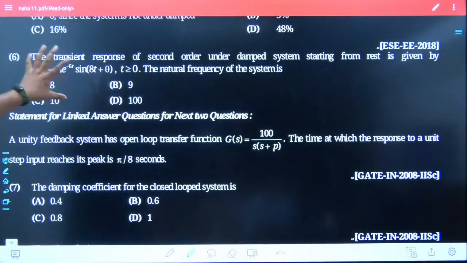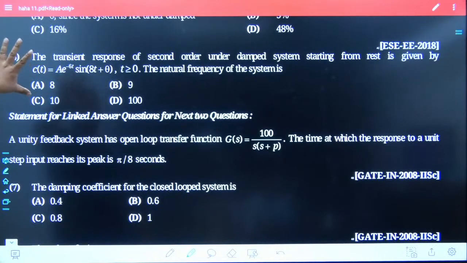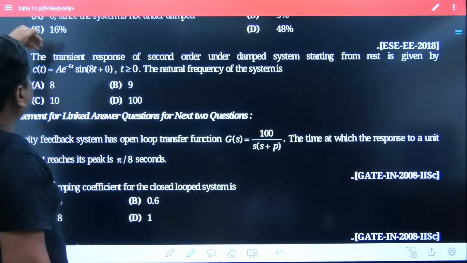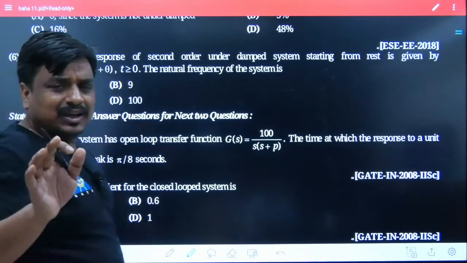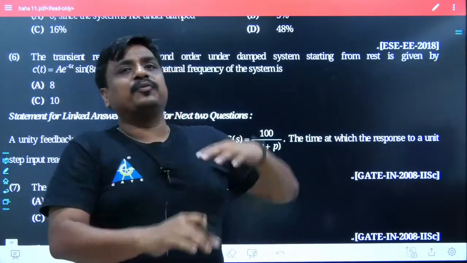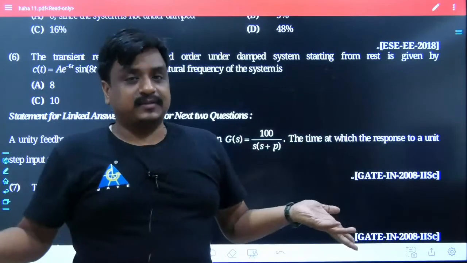So let me focus on the 6th question first. Tell me what would be its best answer. See, deliberately they have altered the problem a bit. What they are saying is the transient response. May I know what the transient response is? The response which keeps changing its value, and before going into the steady state, it vanishes, theoretically speaking.